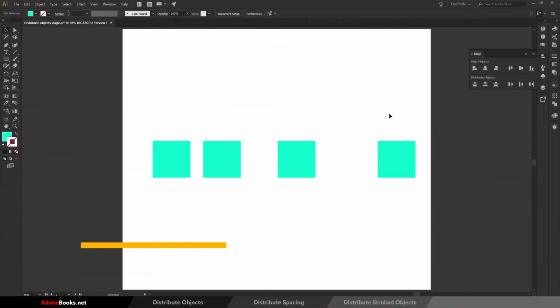Now I'll explain the distribute spacing options. If you don't see the distribute spacing options in the Align panel, make sure that Show Options is selected. Distribute spacing gives you control over the amount of space between objects, whether that be a certain amount or no